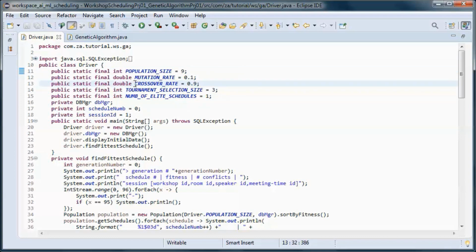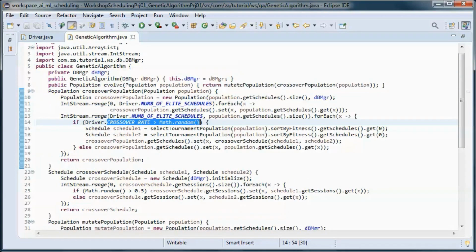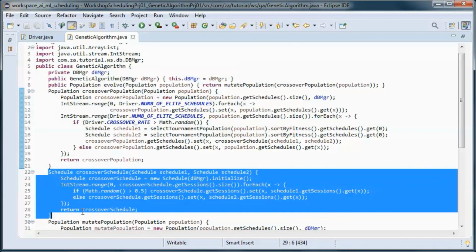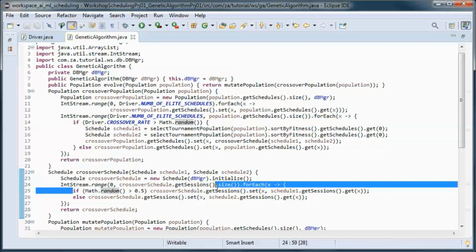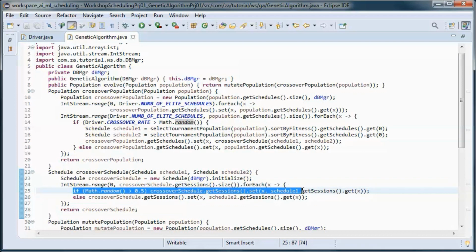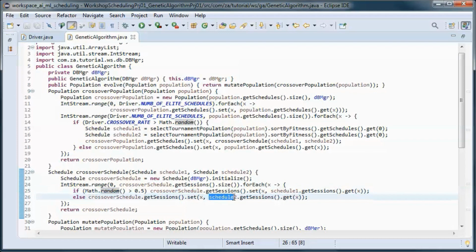So here the crossover rate is 0.9. So we perform this operation 90% of the times. And here 50% of the times we are using schedule 1 and 50% of the time schedule 2.